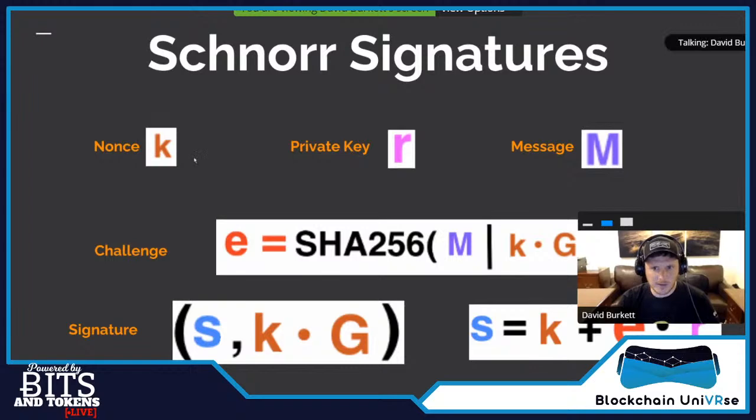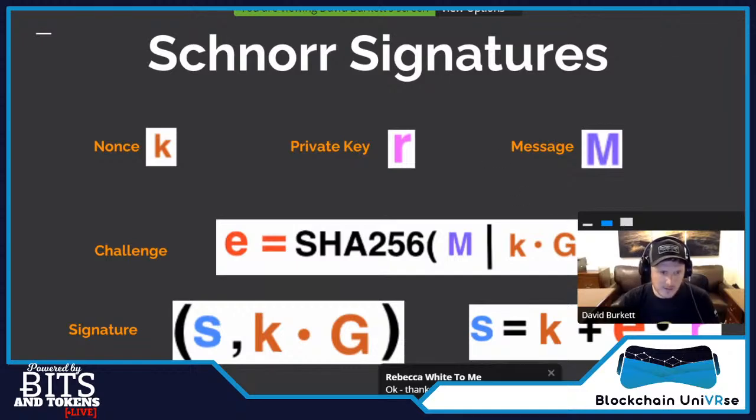So real quick, I'll just go through these. So a nonce, it's just like a one-time thing. Every signature, you generate a brand new one, completely random. It's a private thing. You don't want to share it. Then you also have your private key. This is similar to your private key in Litecoin. You can generate an address from it, but you want to keep this secret. And then there's a message. You can sign any arbitrary message. In Grin, we sign the fee of a transaction, but it can be anything here.